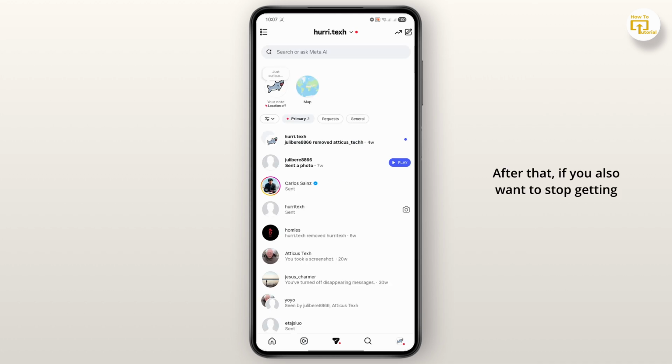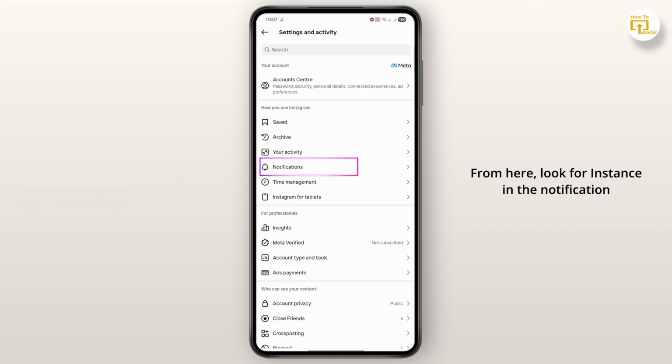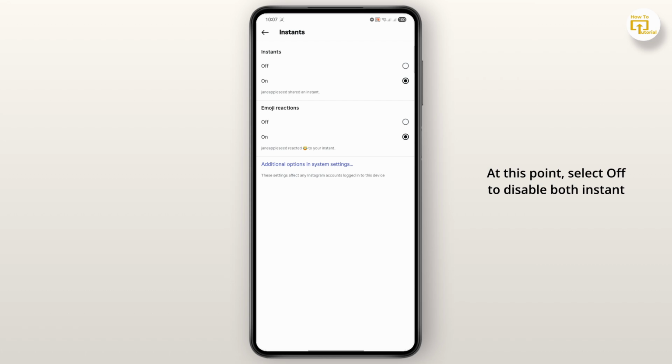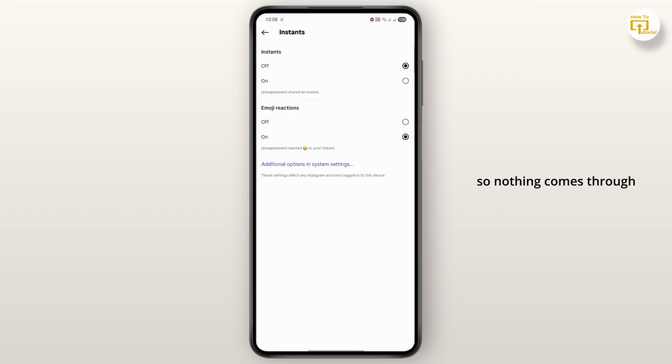After that, if you also want to stop getting notifications for Instants, go back to the main settings page and tap Notifications. From here, look for Instants in the notification categories and tap on it. At this point, select Off to disable both instant alerts and emoji reaction notifications, so nothing comes through related to